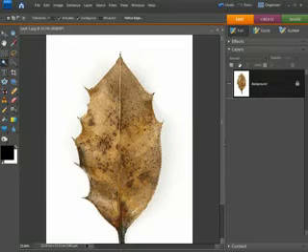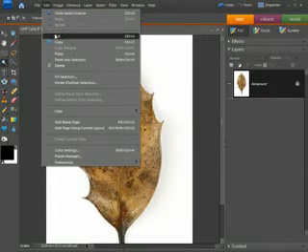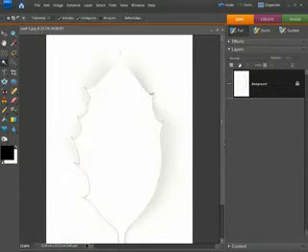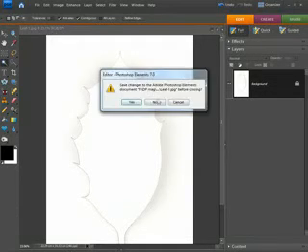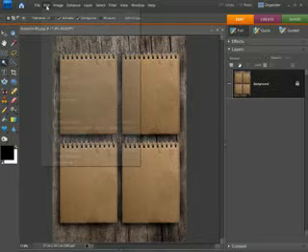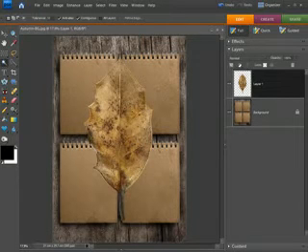And you'll know you've got it right if you go to Edit and choose Cut, because when you cut it out, your leaf will disappear, but you'll get this little edge running around the edge of the selection where the leaf was, and that's a good indication you've made a very clean selection. Okay, we can close that image down. We don't need to save any of the changes, and we can go up to Edit and choose Paste, and that'll paste the leaf onto the template.